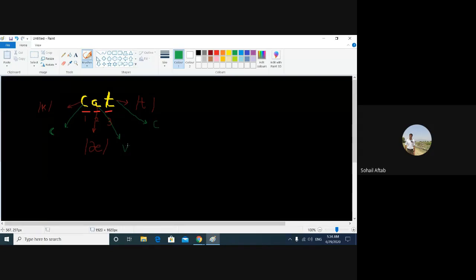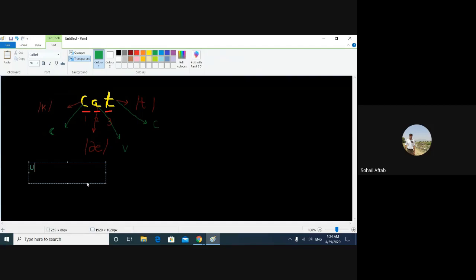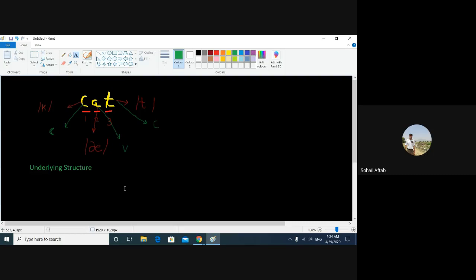And if you see the underlying structure of this word, let me type it. It won't look very good and it will take a lot of your time. Underlying structure of the word, it will go something like that. The structure will be equal to